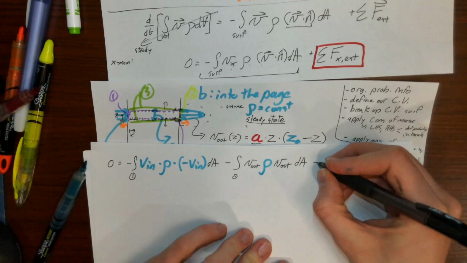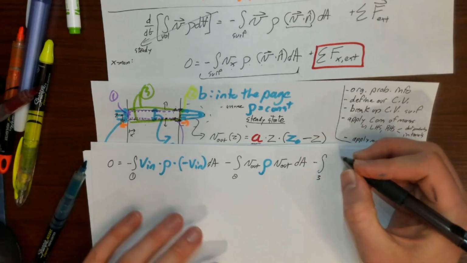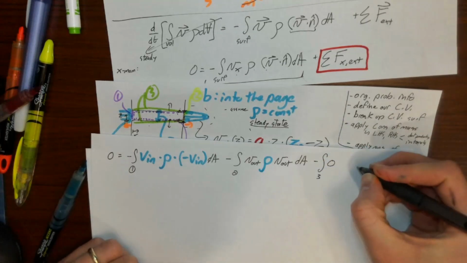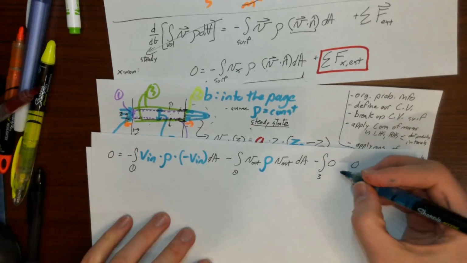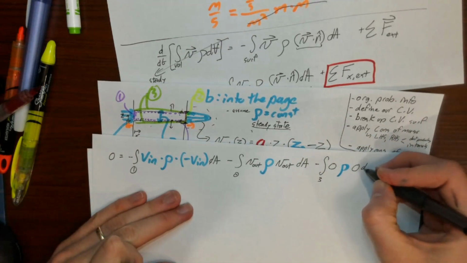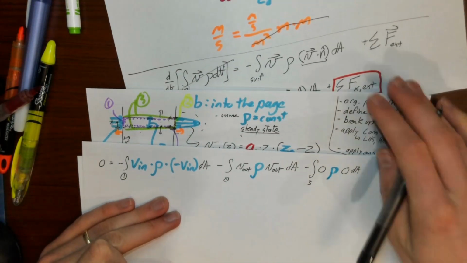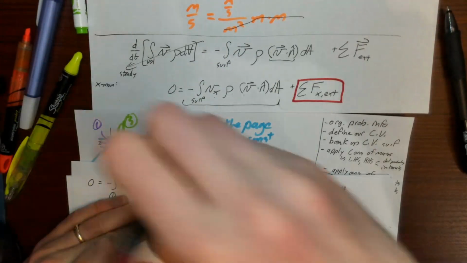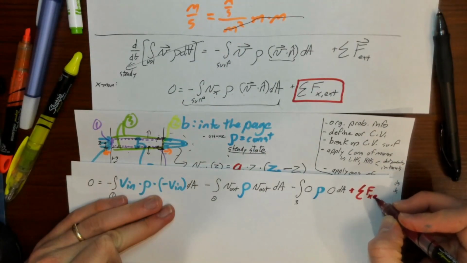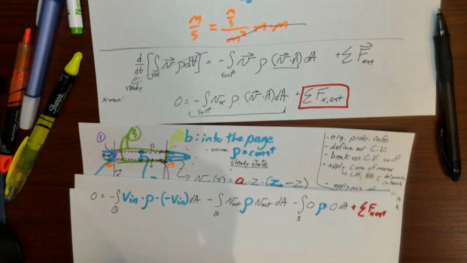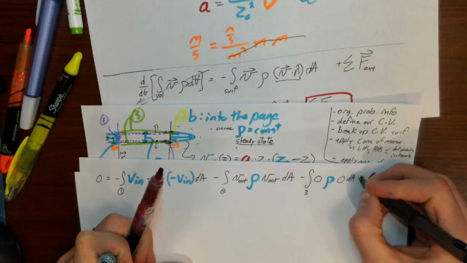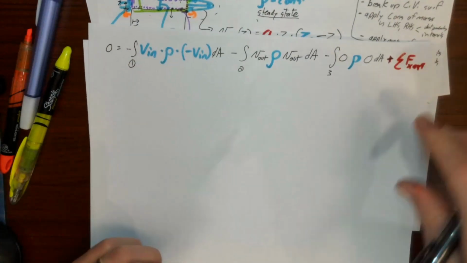And then we have minus an integral over surface 3. Well, basically surface 3, Vx is 0 and V dot n is 0. We have a rho, I guess, but who cares? dA. And then we have our as of yet unknown sum of forces in the x, external forces, that we're carrying through with our conservation of momentum. Okay,